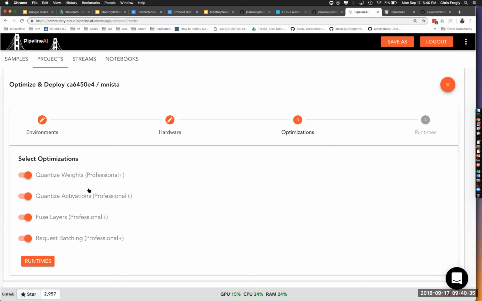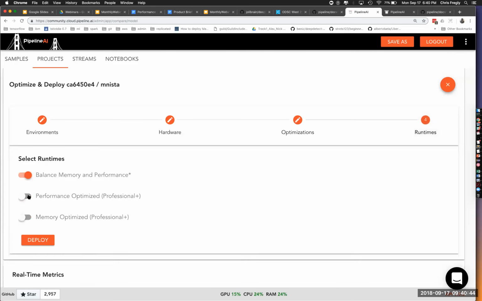These are things that we're going to do for you, making the best effort we can to generate different variants of your model. We've also put these in human-grokkable terms: balanced memory and performance, performance optimized, which is really a lot of C++ versions behind the scenes, and TensorFlow Serving and similar libraries, and then memory optimized.